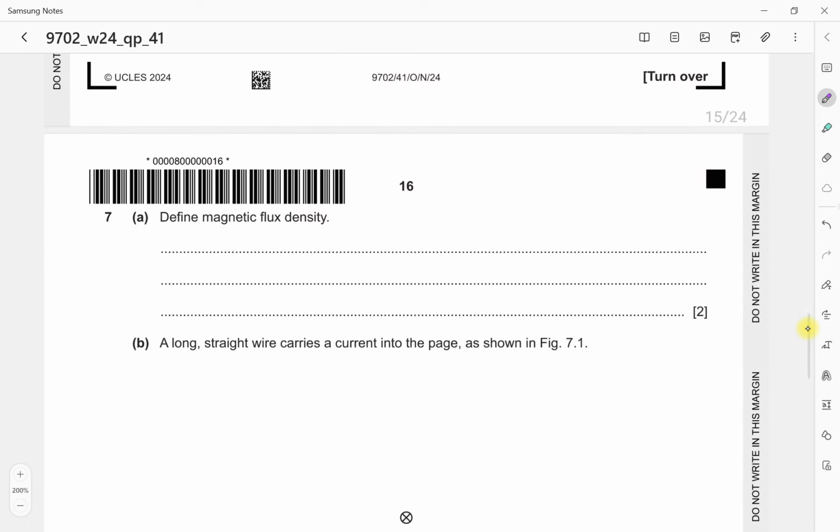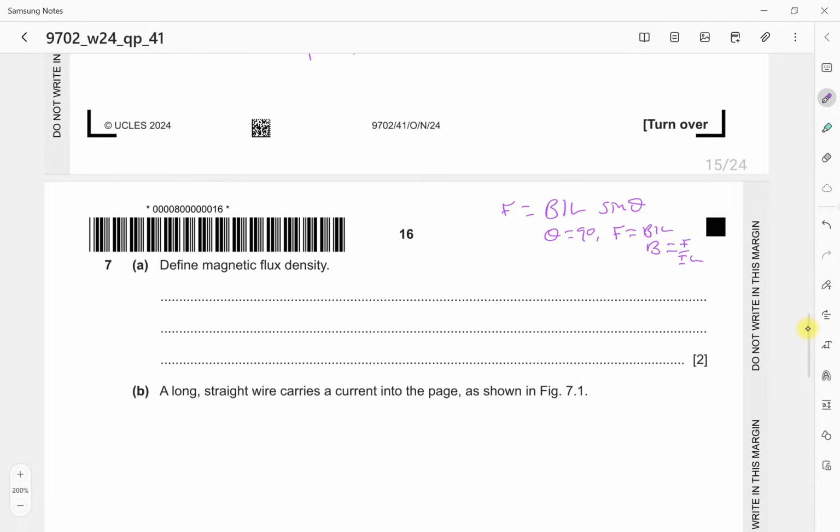Define the magnetic flux density. Of course, we know that magnetic flux density comes from F equals B I l sine of theta. If theta is 90 degrees, then F equals just B. So magnetic flux density is equal to F per unit current per unit length. So I'll say this is the force per unit current acting on a unit length of wire